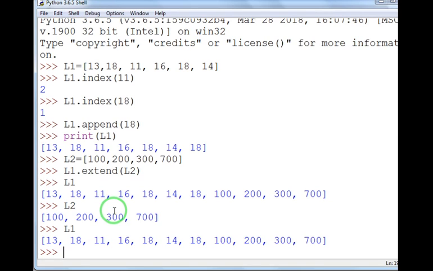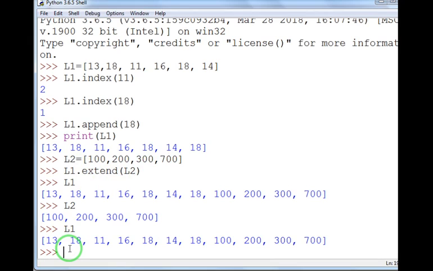If you want to add only one element, for that we will use append. If you want to add multiple elements, for that you will use extend, but whatever elements you are adding should be in the form of a list. Like I have created a list. So if you want to add multiple elements to an existing list, first you have to create a new list and add all the elements in it, then you can extend it. Or you can use the extend function after that.